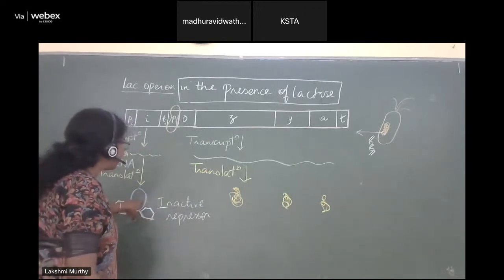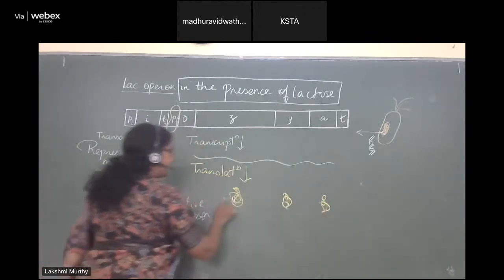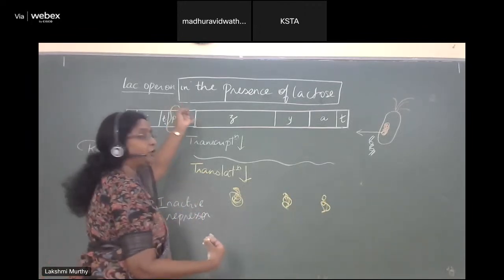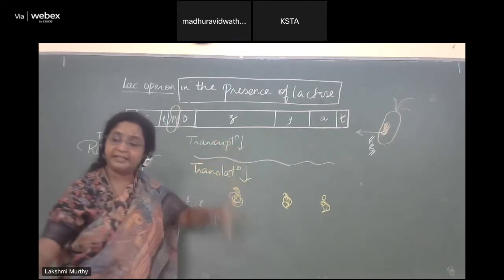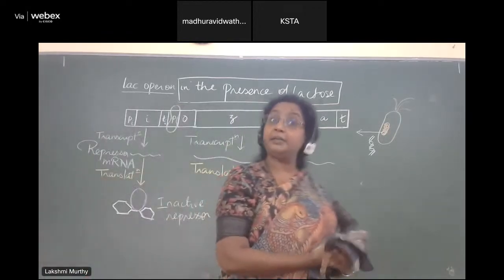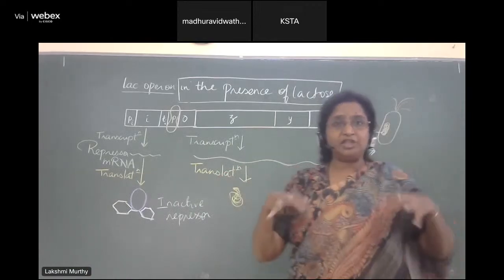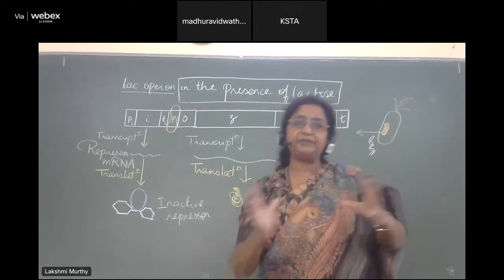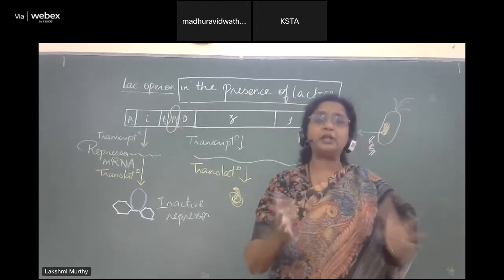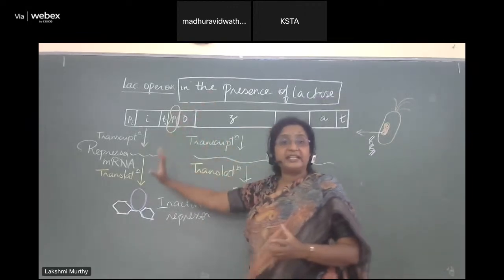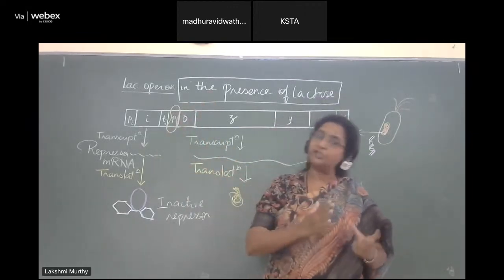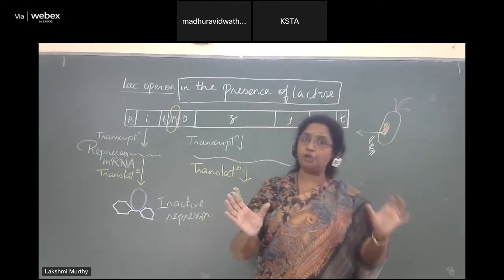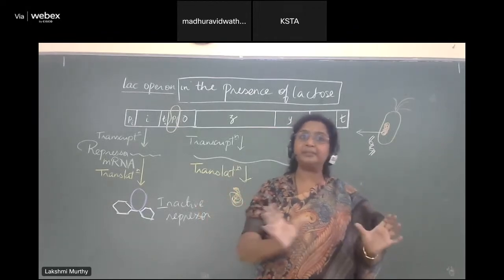So in the presence of lactose, the enzymes are made. As the lactose amount starts coming down, the repressor is going to become free and it can again go and switch off the gene. Right? Now, finally, some small little terms that we have to know. When a gene by default is present in the switched off position and gets converted to switched on position, we call this type of regulation of gene expression inducible gene expression regulation. From switched off to switched on position, we call it inducible regulation.